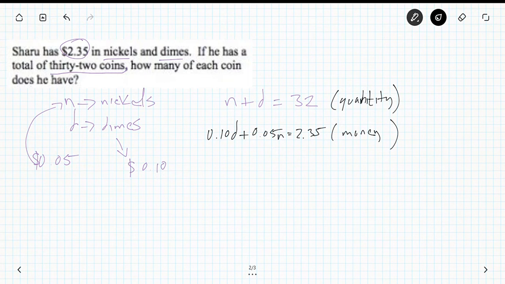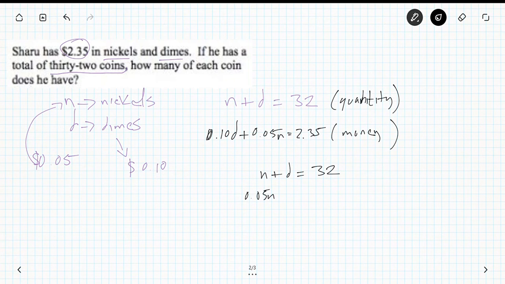Okay, you can put the dollar sign in front of all these numbers, but since we know that we're dealing with money, we don't have to do that. Now, mind you how in this other line I put dimes first and nickels first. You can do that. Ideally you'd want to end up with a system that looks like this: N plus D equals 32. This is my line that deals with quantity, and the last one is going to be, you gotta put them in line, so it's going to be